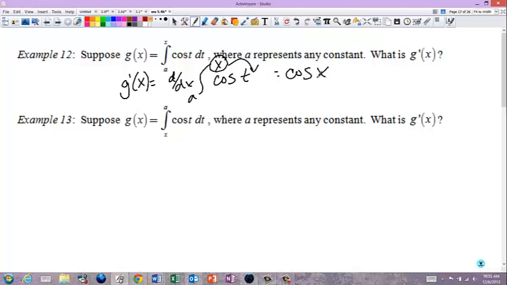Okay? Suppose g of x equals x to the a, where a represents any constant. What is g prime of x? Well, let's actually work this one out. It'll be